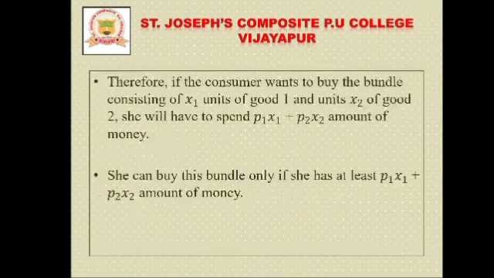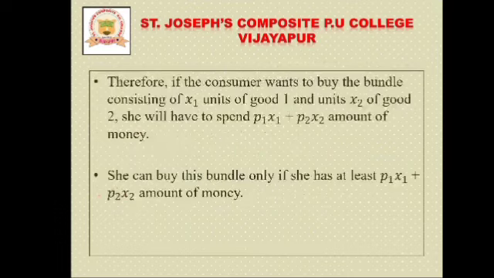That means if he wants to buy the bundle of commodities, then he needs to spend P1X1 plus P2X2 amount of money. And she can buy this bundle only if she has at least P1X1 plus P2X2 amount